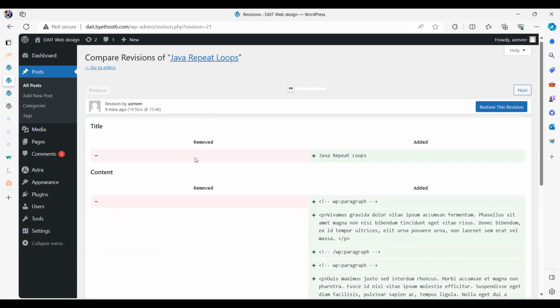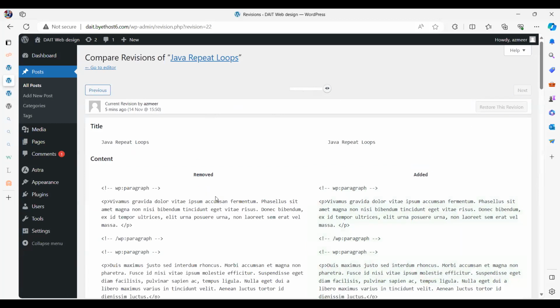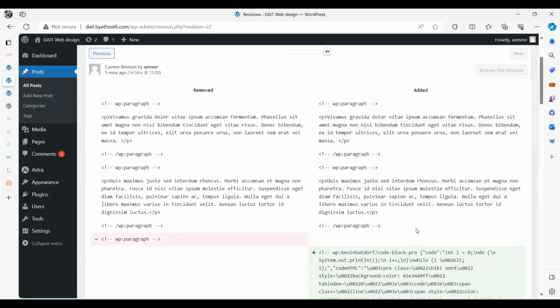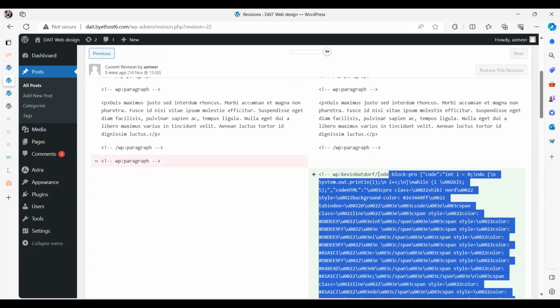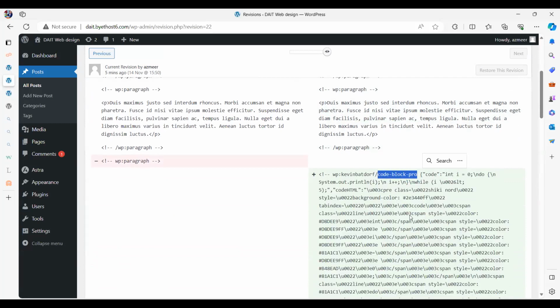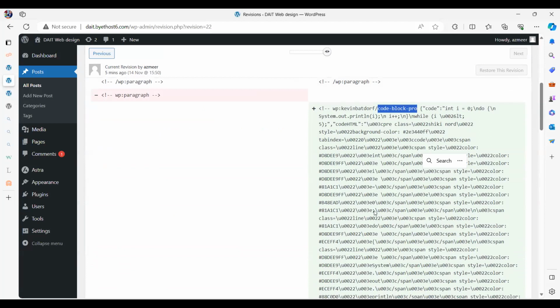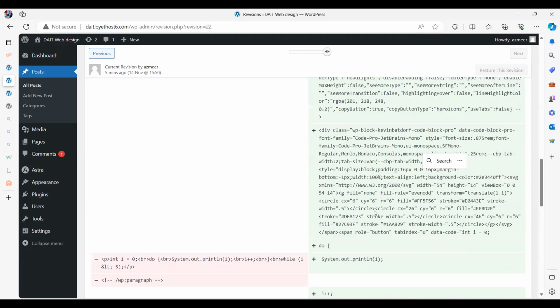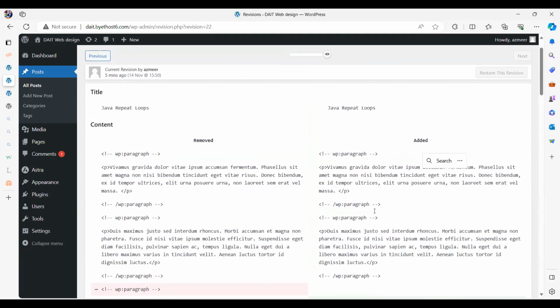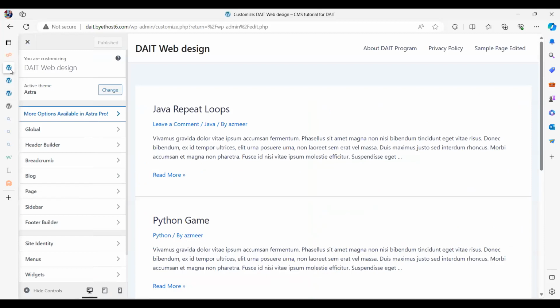So in the beginning, I had nothing. And then these things were added, Java repeat loop, and these things were added. And then after a while, I removed the code, if you remember, and then I added this through Code Block Pro, right? You see, Code Block Pro. I added my Code Block Pro. So these are all Unicode stuff. But anyways, we don't need to worry about the detail. In case you want to know what is going on, these are the technical details. Okay, so coming back to my article here,